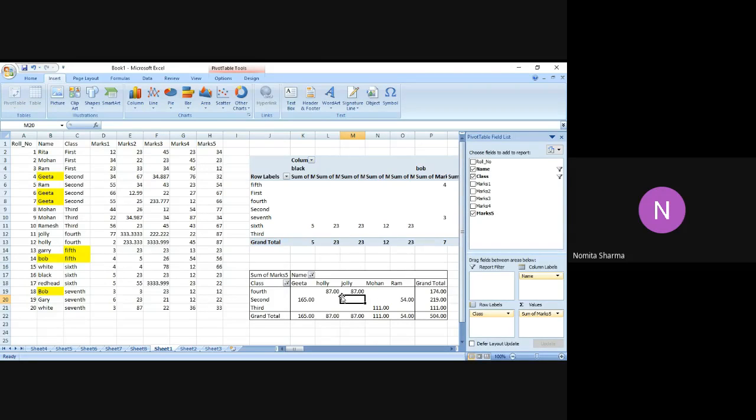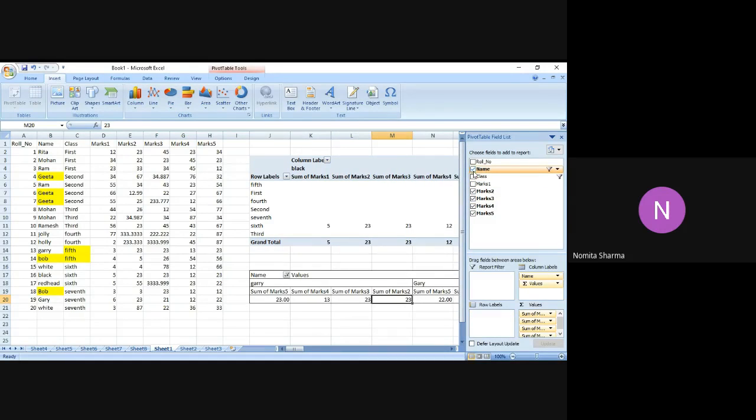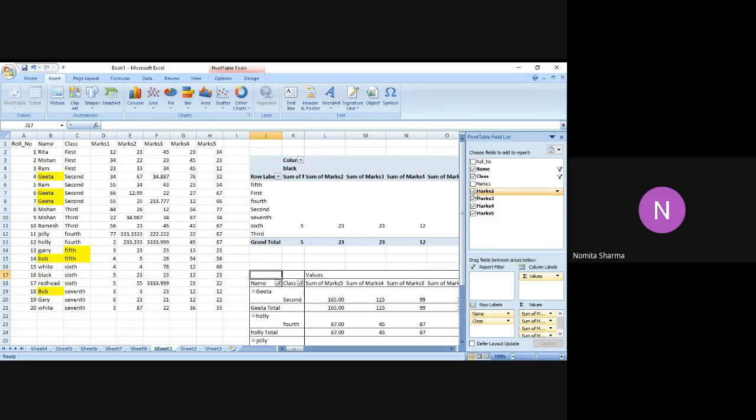So you have the options as roll number, name, class, marks 1, marks 2, marks 3, and depending on the selection that you make, you see only marks 5, class, and name have been ticked. That is the reason only these fields have been taken in. But I can make the selection of the other fields also. So if I select other fields, it will change accordingly. If I deselect class, class will disappear. If I deselect name, the name will disappear. Right? So let me just have a simple table with this.